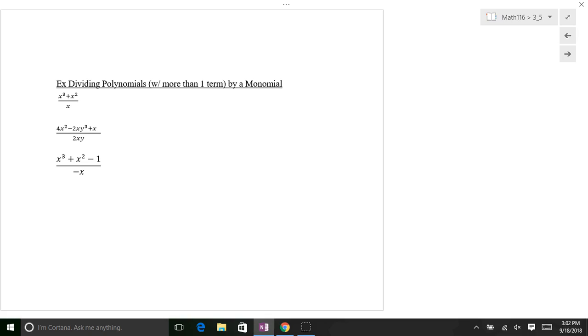So you've got a binomial or a trinomial on the top, but you've got one term on the bottom, just a monomial on the bottom. So what we're going to do here is take this x cubed plus x squared divided by x and split that up. So you're going to use the fact that that is the same as x cubed over x plus x squared